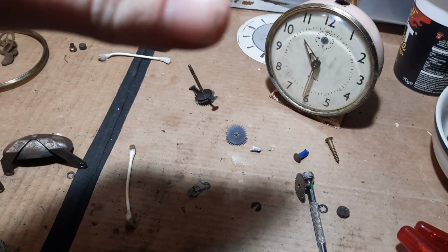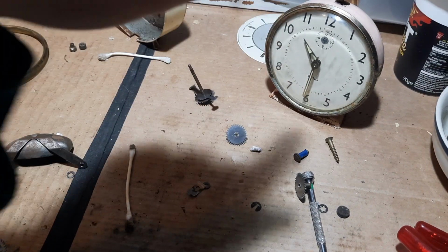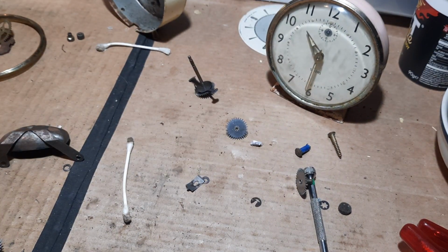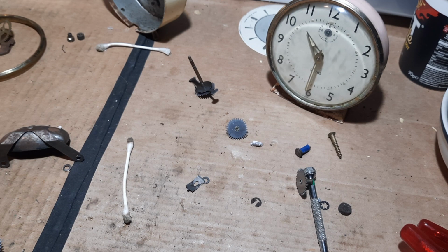I very rarely dedicate a clock purely for parts donation. I never used to do that. Well, I don't think I never used to do that, but it's something that I very rarely do. I never really buy a clock with the intention of just using it for parts, because I mean, something like this,